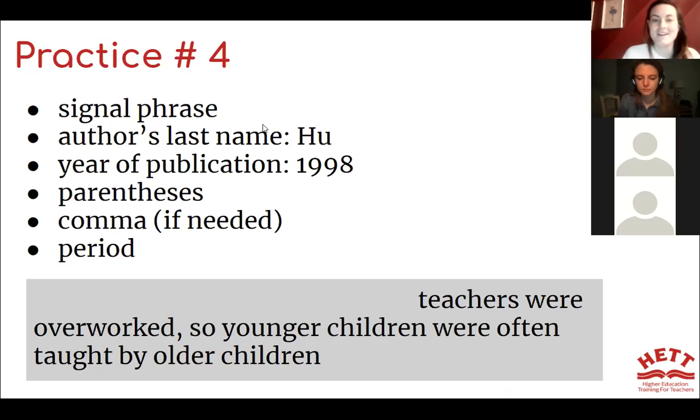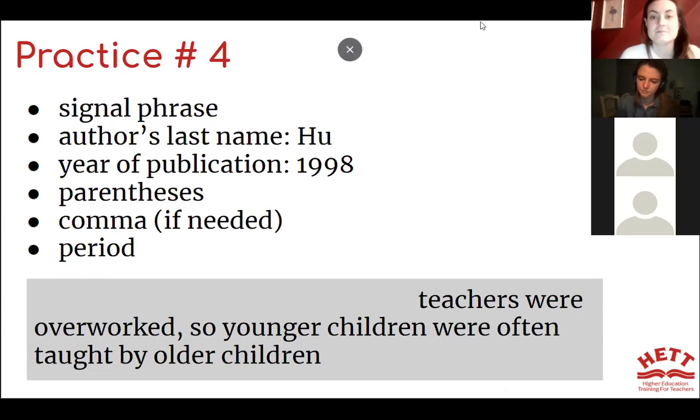Good. Anyone else? "Researched by," just make sure it's researched, not reached, but good.